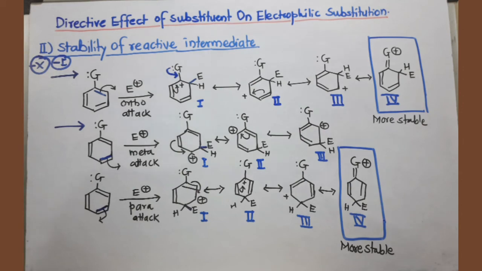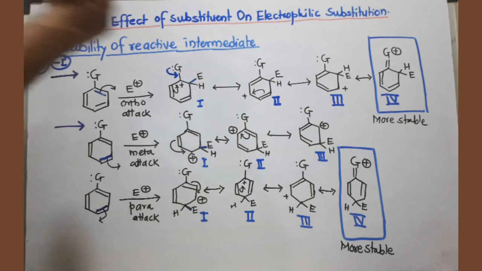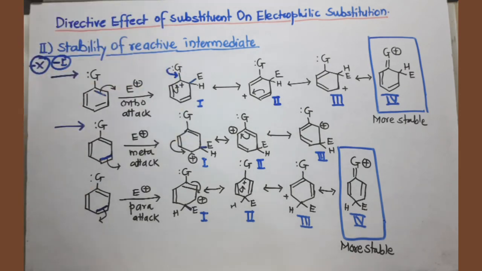Rate of reaction is decreased in the case of halogens, but in the case of all other ortho-para directing groups, rate of reaction is more because of lower activation energy, and they are called activators. So remember very well, all ortho-para directors except halogens are activating groups, and halogens are deactivating groups in spite of being ortho-para directors. So this is the explanation for ortho-para directors.